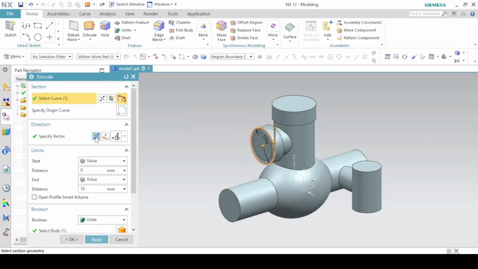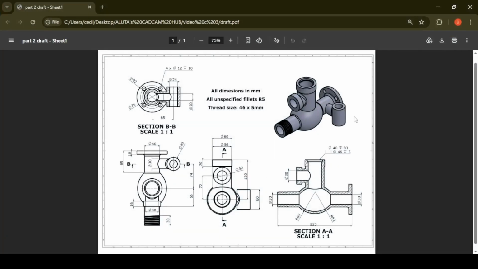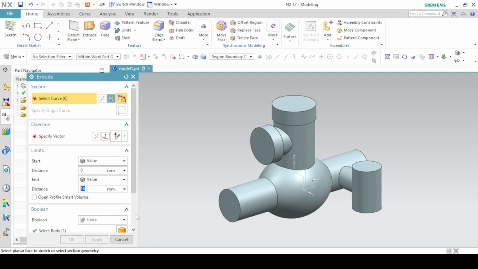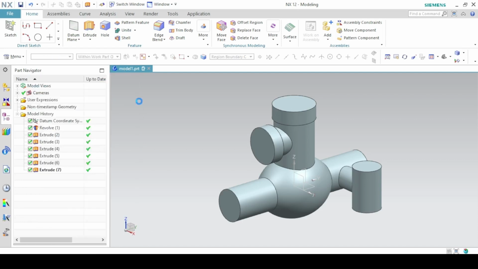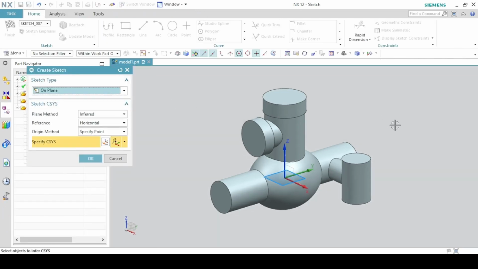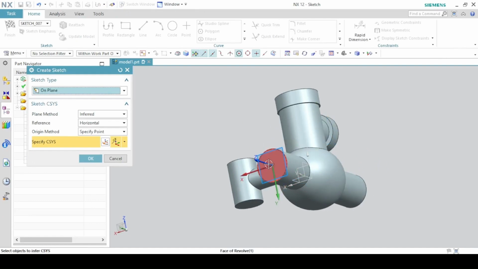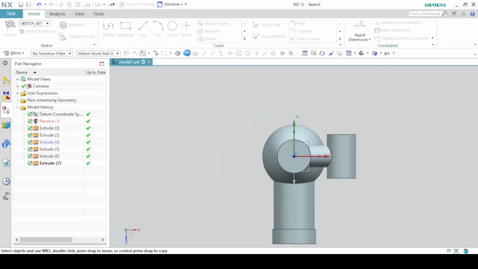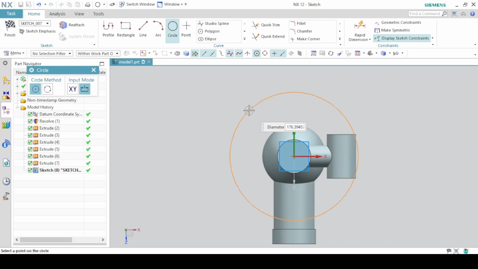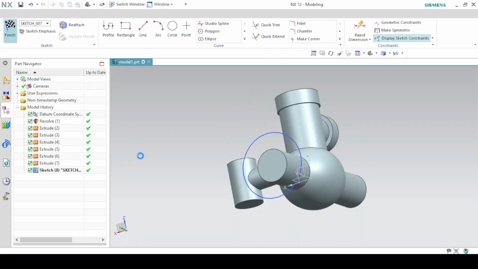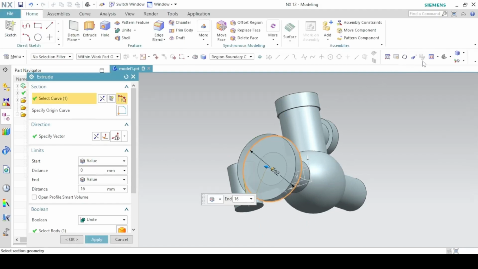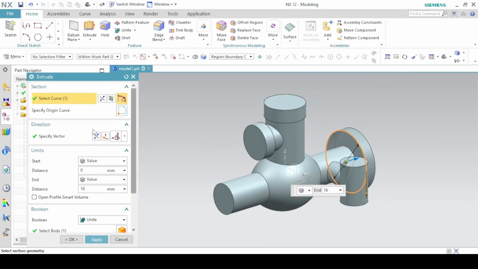Reverse the direction, Boolean unite, apply. There is another shaft here, has a diameter of 92 and a depth of 10. So again, extrude sketch section, rotate the sketch, click on this face, okay. A circle of diameter 92 and the depth of the flange is 10 millimeters. So reverse the direction,